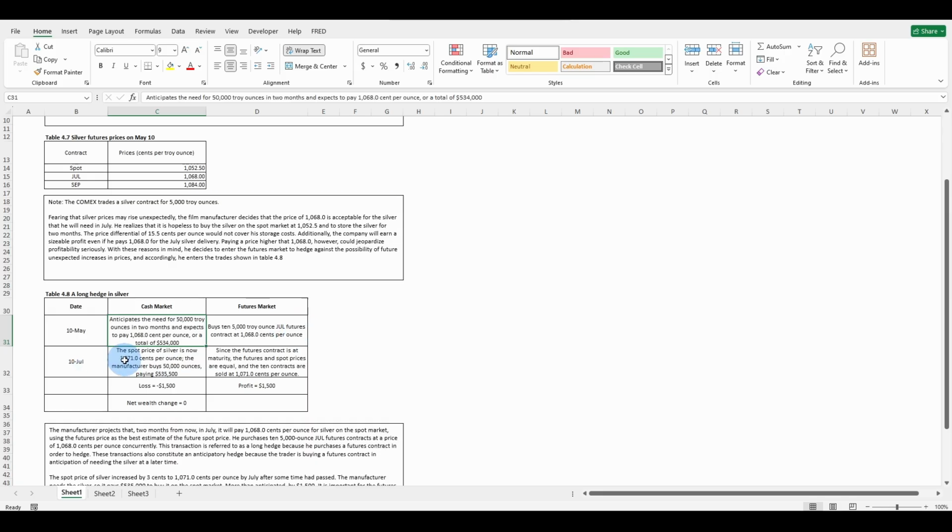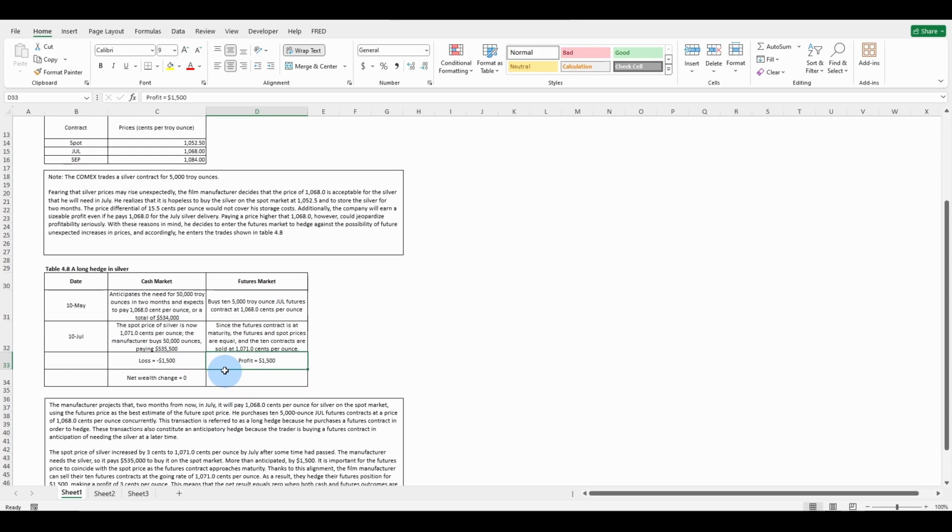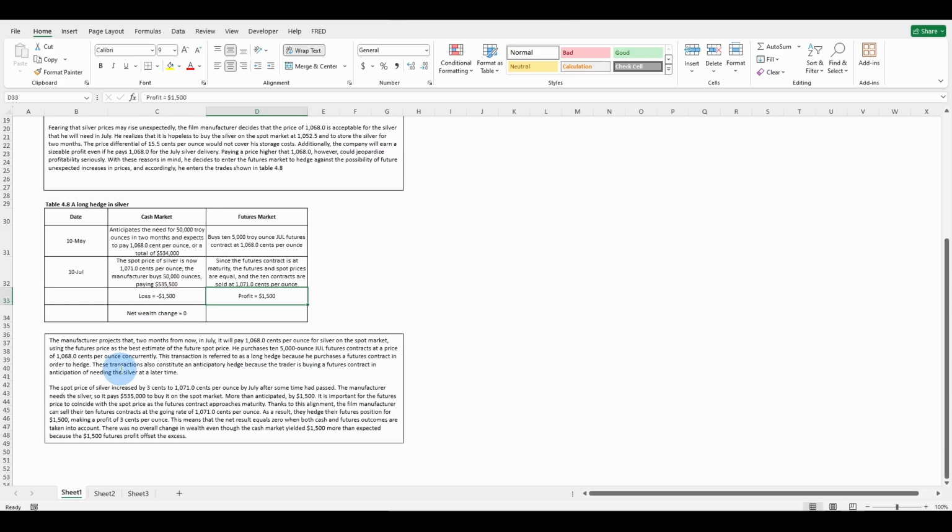Come July 10th, the spot price of silver is now 107.0 cents per ounce. The manufacturer buys 50,000 ounces, paying $535,000. The futures contract is at maturity. Futures and spot prices are equal, and the 10 contracts are sold at 107 cents per ounce. He ends up making $1,500 profit. Not bad. The manufacturer projects that 2 months from now in July, it will pay 106.8 cents per ounce for